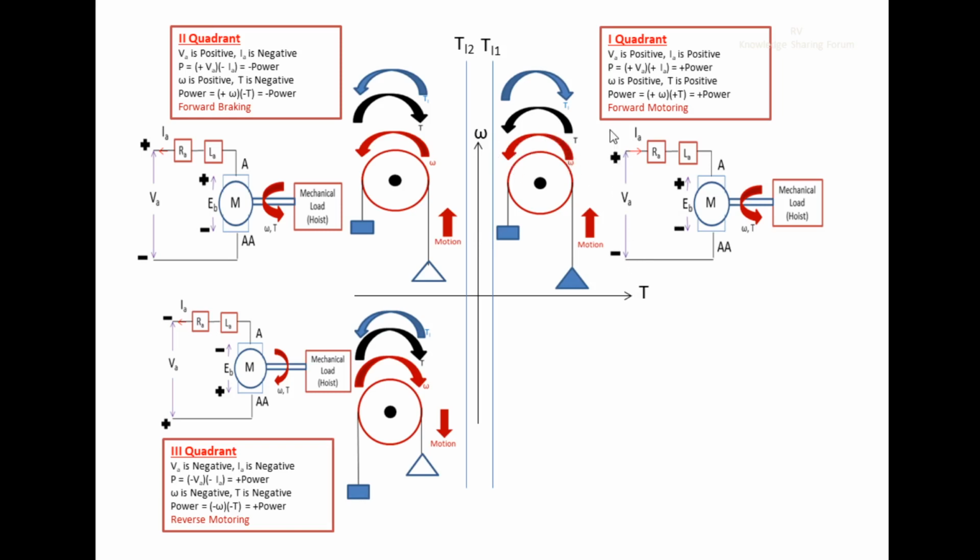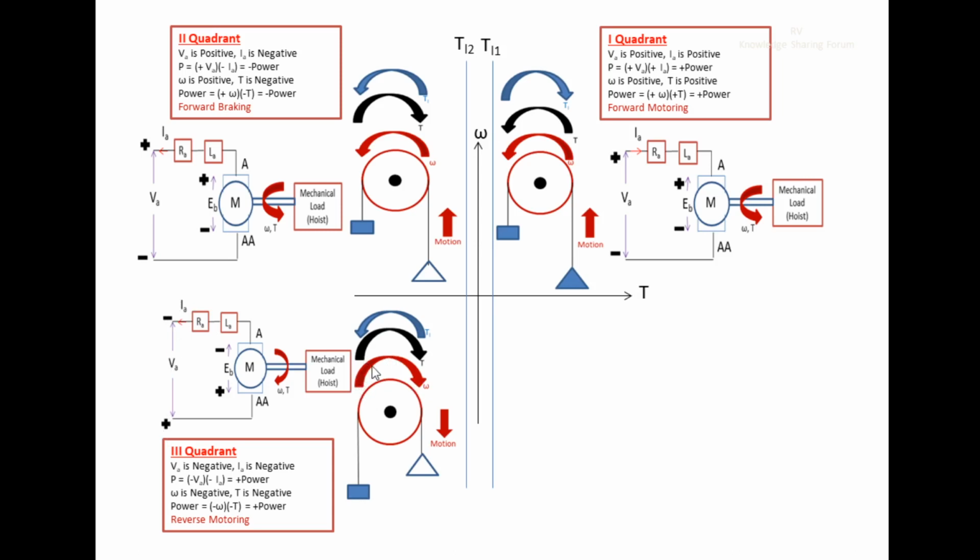So if we reverse this polarity of the voltage, see here the polarity of the voltage is reversed. So for this polarity of the voltage, if we are getting counterclockwise, then for this reversed polarity of the voltage, we will get the clockwise direction of the speed. Therefore, the speed direction depends upon the polarity of the voltage. When you change or reverse the polarity of the voltage, the speed direction will also get changed.